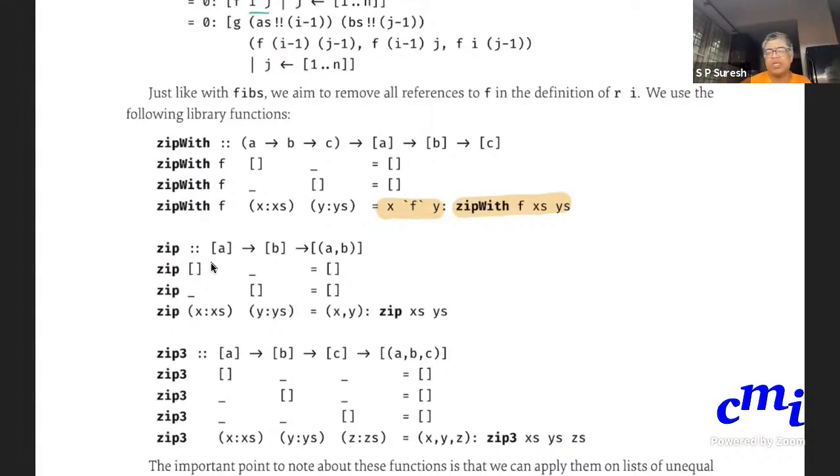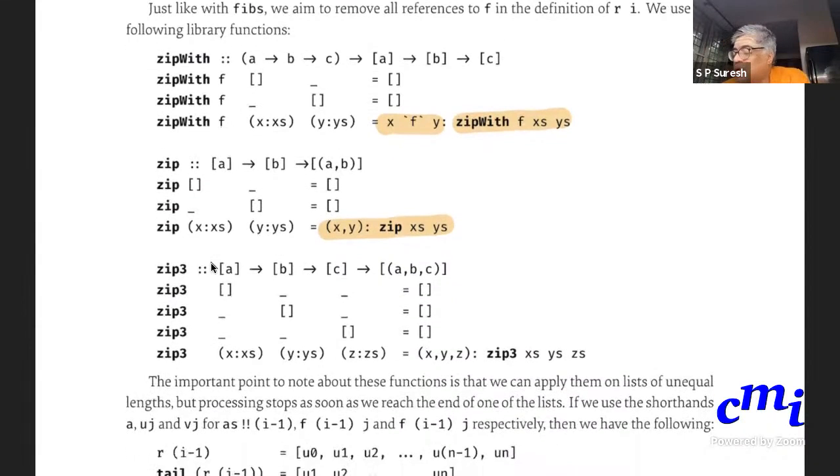That is the crucial case. Similarly, here this is the crucial case, zip. Then zip3 does this for 3 lists. The actual definition in the library might not be this, you have to go and check, but this is the behavior. The most important point is that you can apply these functions on lists of unequal lengths.